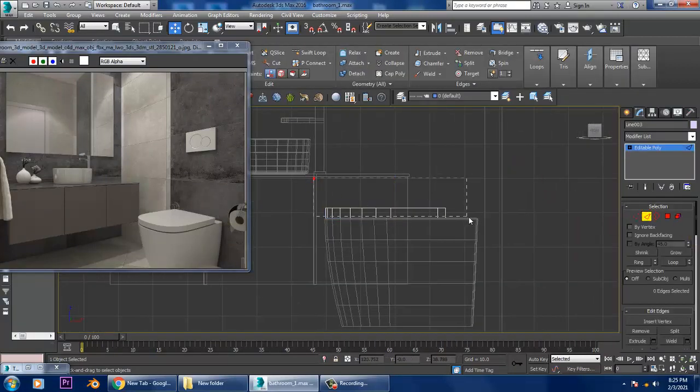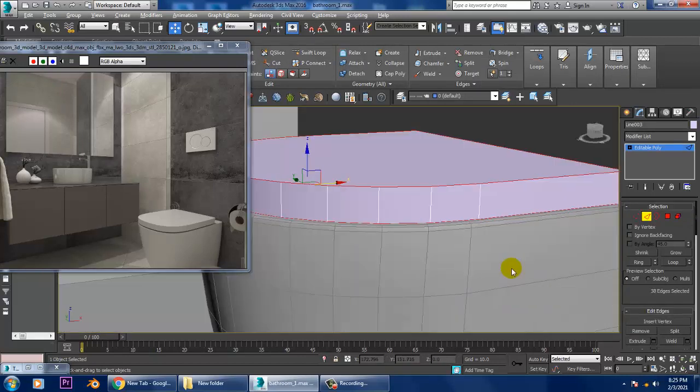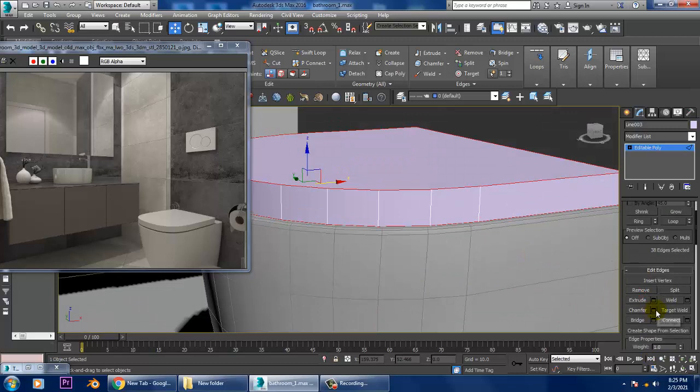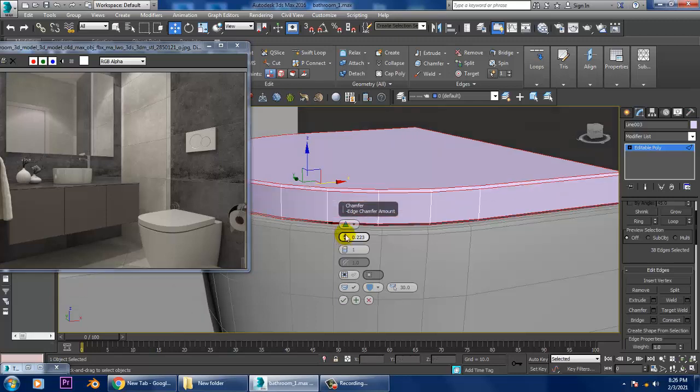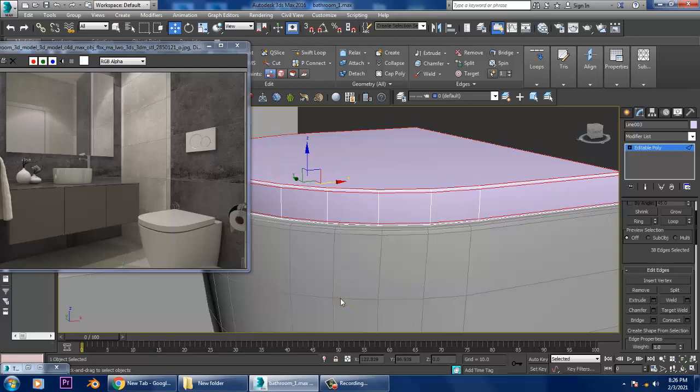Select the edges, exclude the center edges and let's give chamfer. So definitely not this much of chamfer. So chamfer should be very less, the less amount.